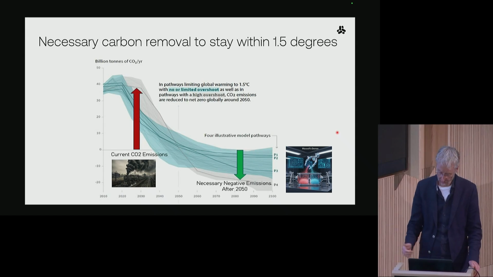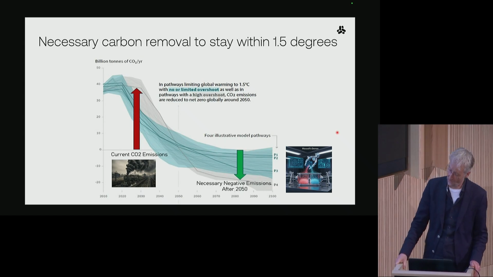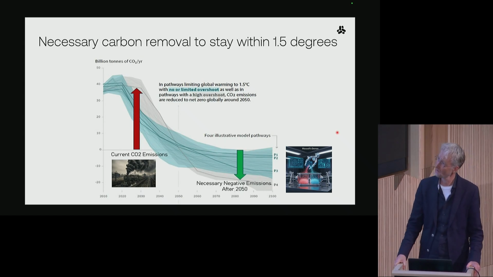The reason we started this is because I got very worried about this curve, which basically says that we are now emitting around 20 gigaton of CO2 a year. We have agreed with each other, but I don't know what that means anymore, to make it neutral in 2050, so we're not emitting in 2050,